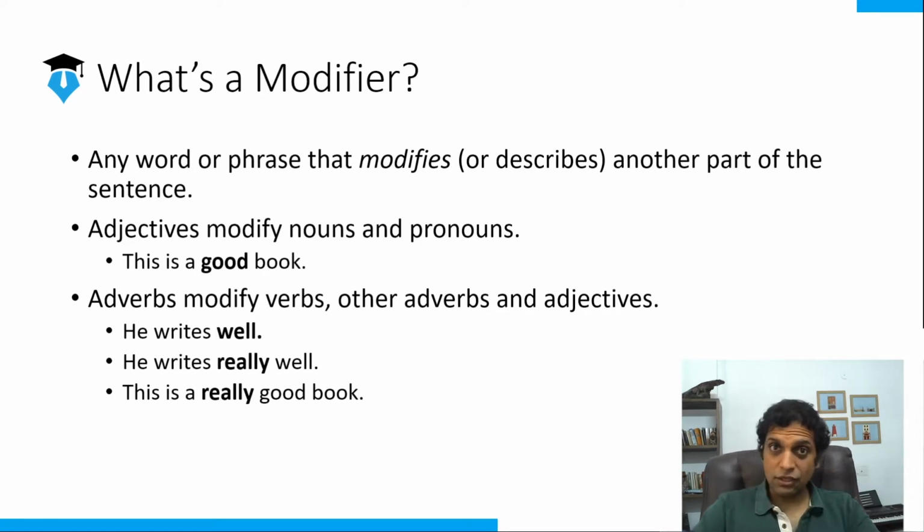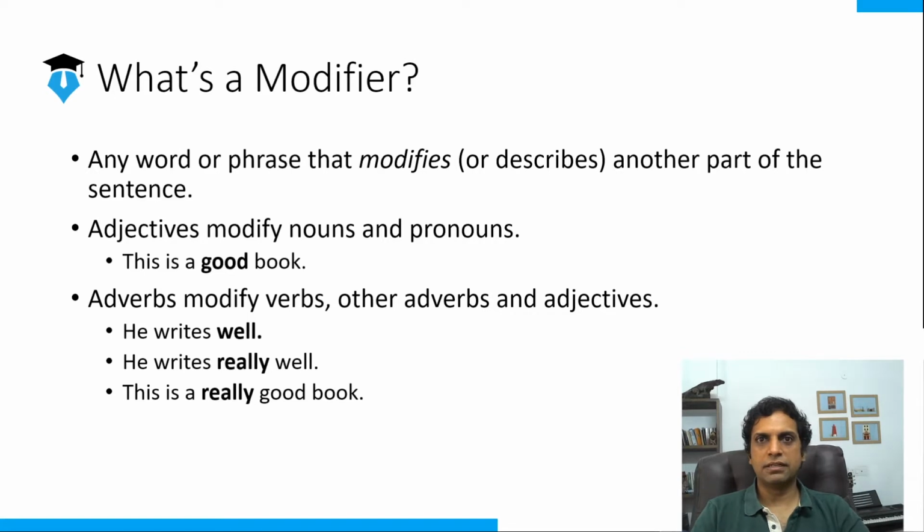So let's say you now know he writes well. How well does he write? So not how does he write, but how well does he write? You're asking for more information now on the adverb itself. So if you say he writes really well, you're providing more information about the adverb. So an adverb can actually modify another adverb. And this is a chain, right? He writes really well. Just keep going. And of course you can change the word. He writes really fantastically, brilliantly well.